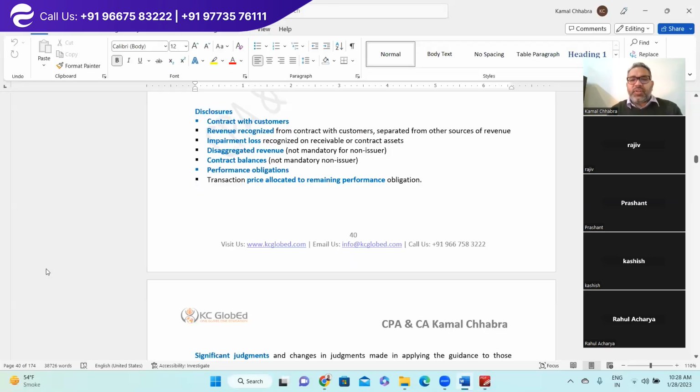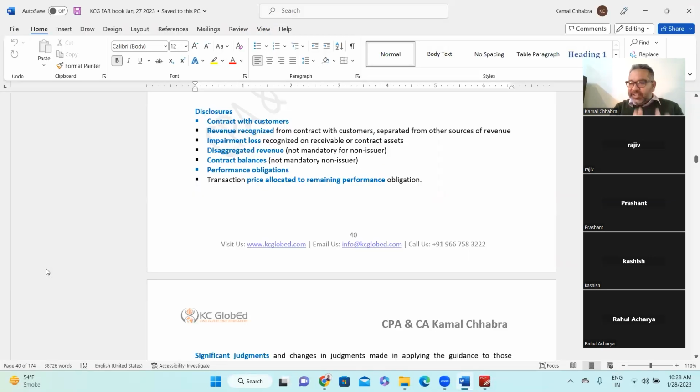Okay, so let's dive into the notes now, right? Now you can correlate this theory with the practical, which you need to implement in future. Now, if you see what all disclosures are required, first one is contract with customer, right? What is the nature of the contract and what is the category and type of contract you entered with the customer, that you need to disclose, right? It may be a service contract, it may be a sale of product contract, it may be an AMC contract, right? So you need to specifically mention each category of contracts which you made with the respective customer and how they are impacting the